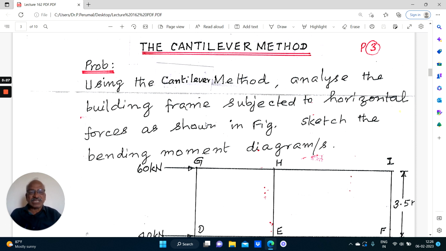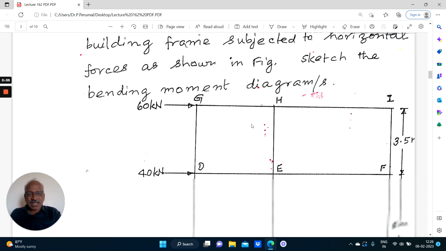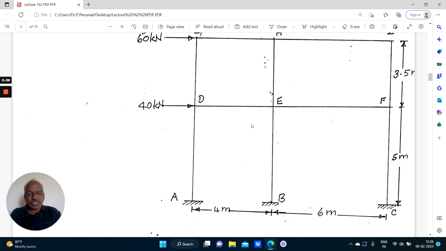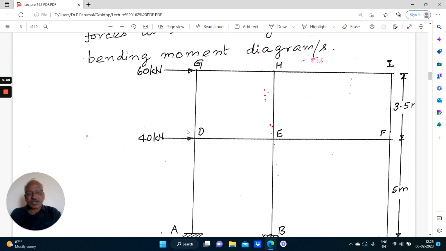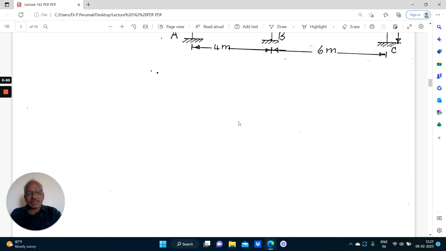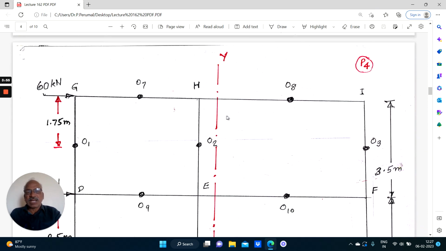Using the cantilever method, analyze the building frame subjected to horizontal forces as shown in the figure and sketch the bending moment diagram. It is the same problem that we took in the portal method, the previous method, and we'll take it here also, so that you can compare the values at a later stage. Right? Same example, therefore I am not going to discuss the dimensions, loads, etc. Right. Now,